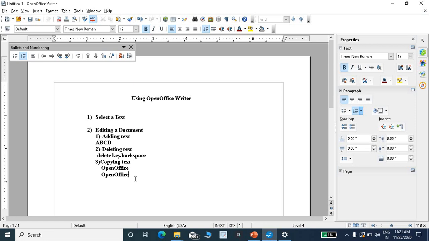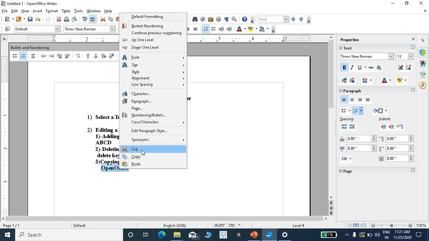So next one, cut. How to cut a particular text. First of all, select the particular text by using mouse. Then right click. See, this is the cut option.